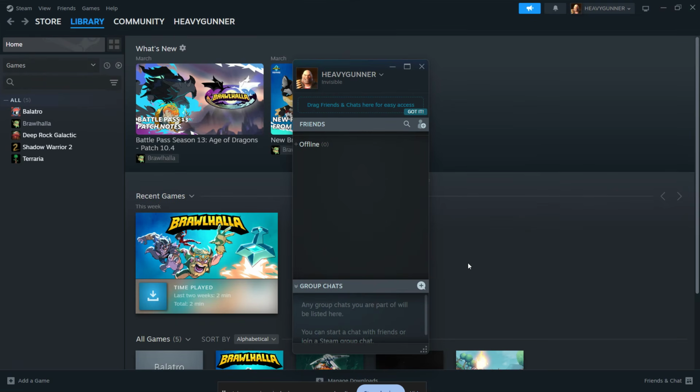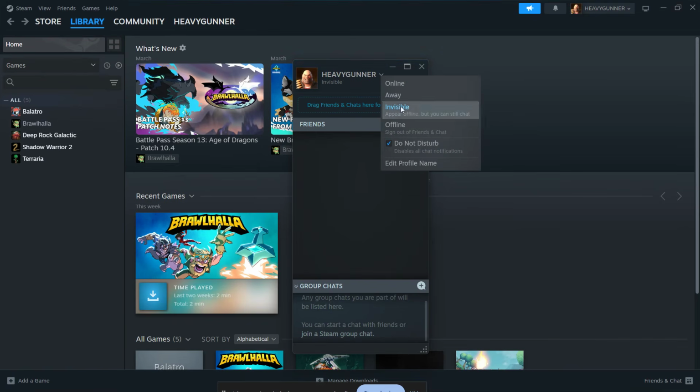To change this, open your friends list, click the gear icon for Settings, then go to Friends and Chat. Find the options for Enable Animated Avatars and Animated Avatar Frames and turn both of them off. This won't remove your profile image, but it will stop Steam from constantly rendering motion-heavy visuals that can add unnecessary load. If you've done all that and Steam still feels too heavy, there's one more emergency fix you can try,